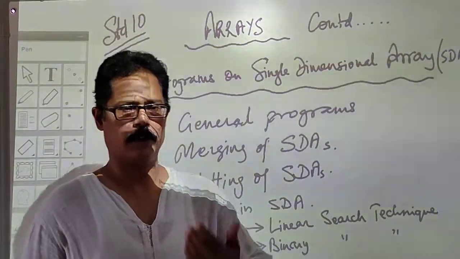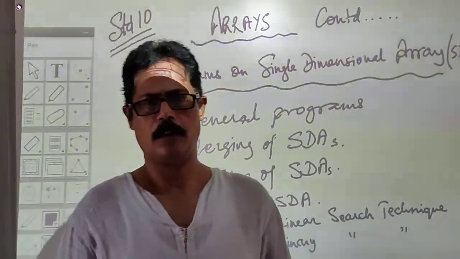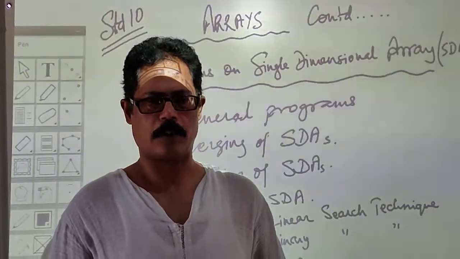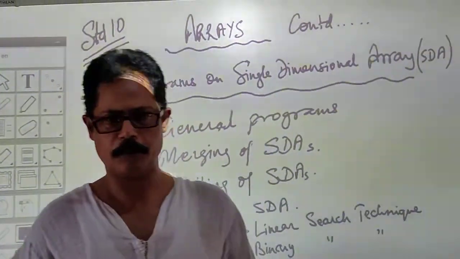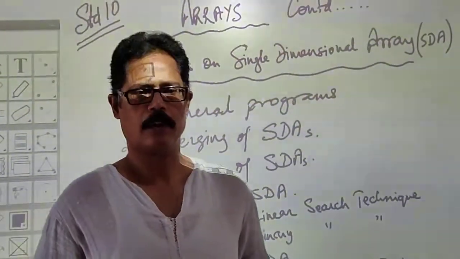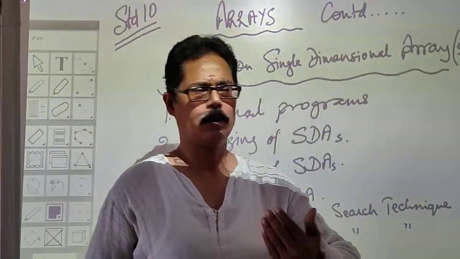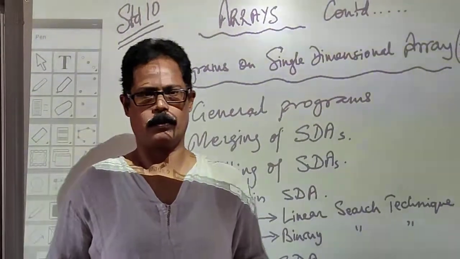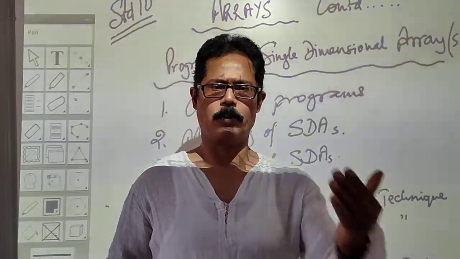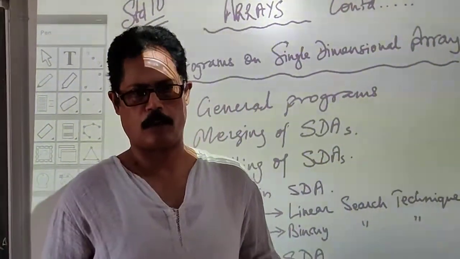And I told you that when you are creating an array, you can create it while coding the program, that is, assigning values within the program itself. And the second option is while executing the program, or during the program runtime. And during the program runtime, there were two options. One was using the parameter and the second one was using a scanner object.